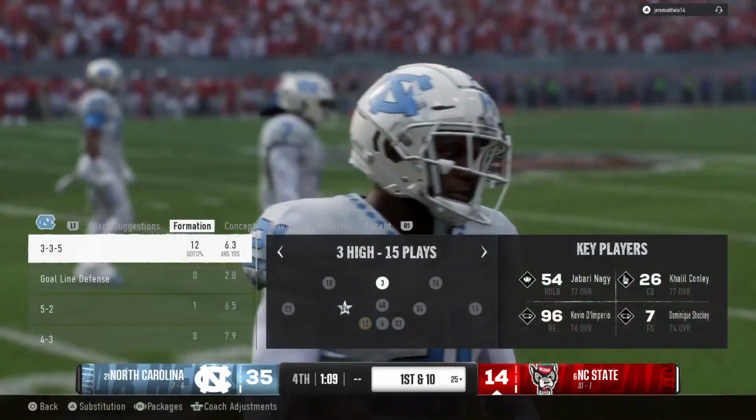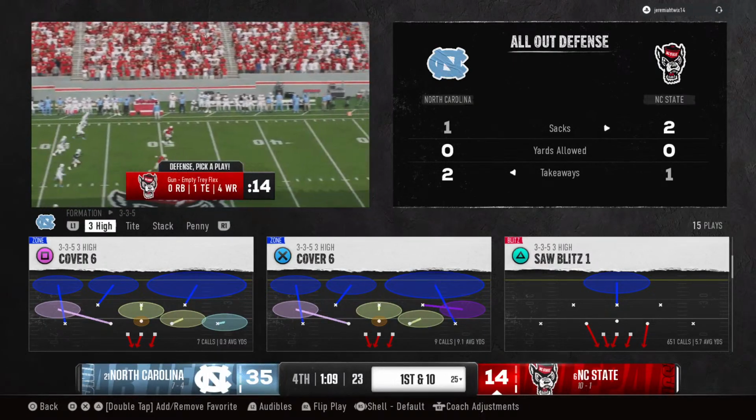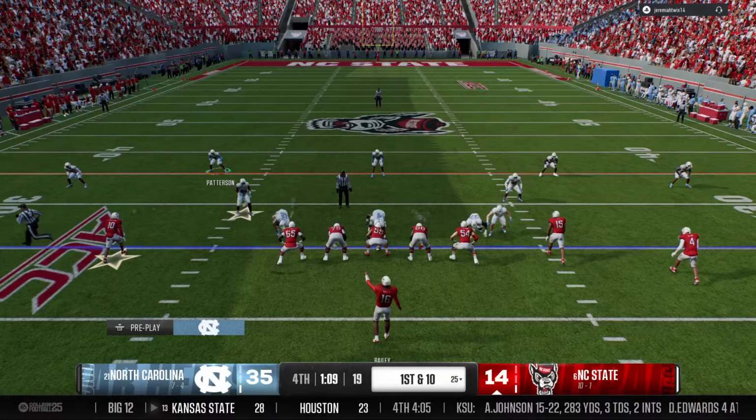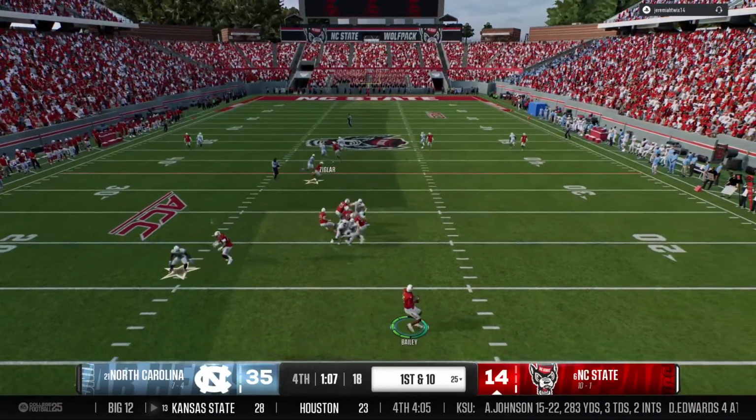Not going to get a return here. They'll bring it out to the 25 as the kickoff sails through the back of the end zone. North Carolina State has it back, the offense headed to the field. Not a lot to feel great about in this one, Jesse, but I'm sure they'll try to seek out some...